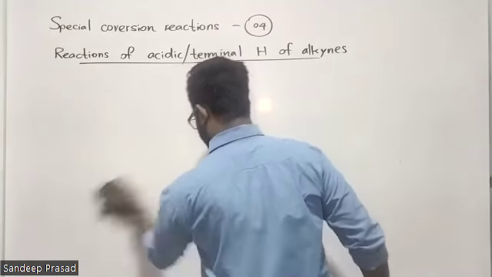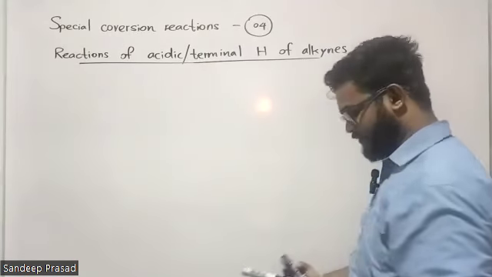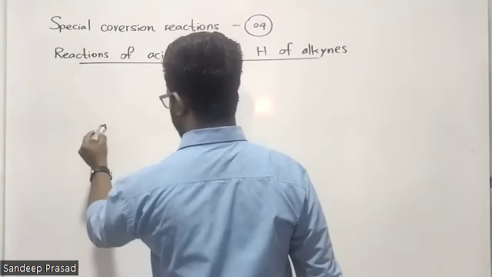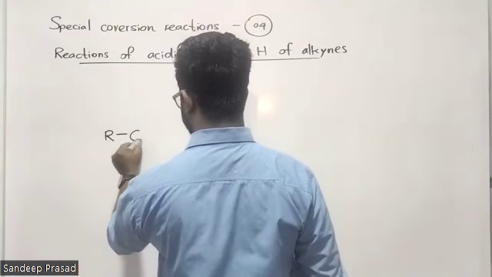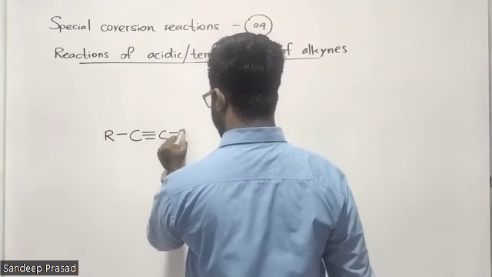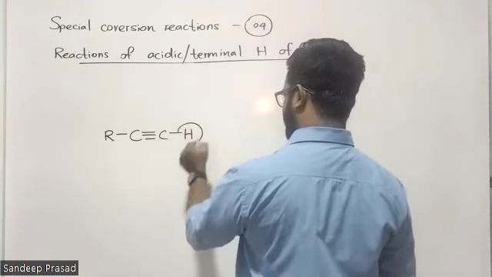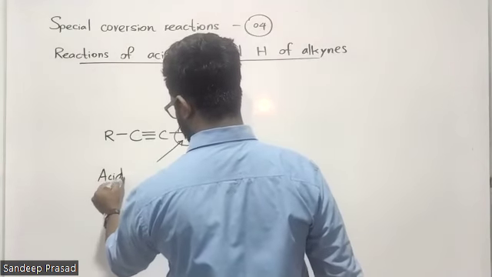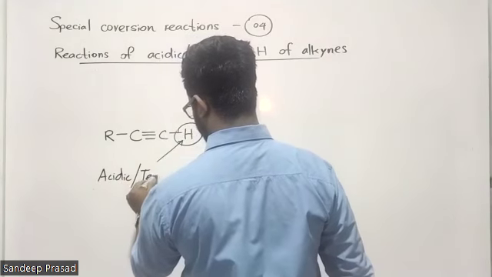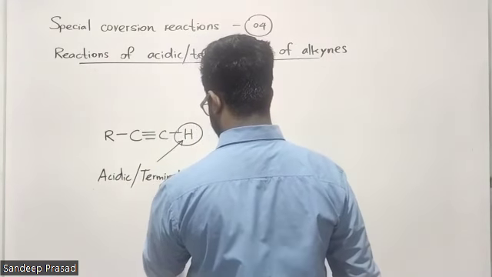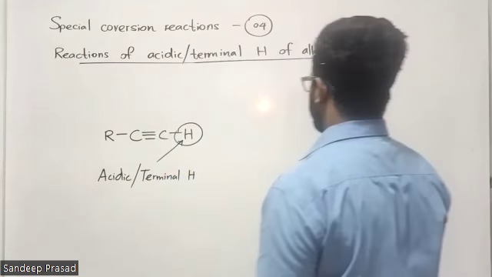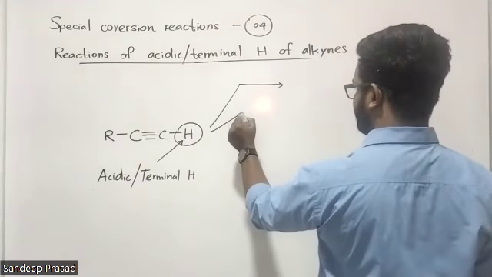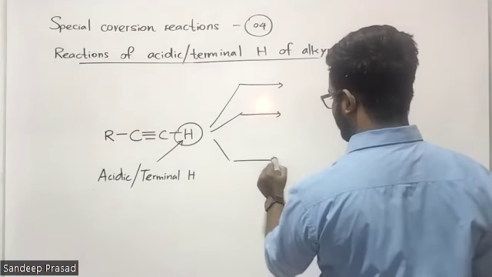So therefore, students, remember there are only 4 reactions. We can easily remember them, okay? It's not that much of a big deal. So let me consider an alkyne like this. So this is what? Acidic terminal hydrogen. Okay. So this acidic terminal hydrogen can show 4 types of reactions